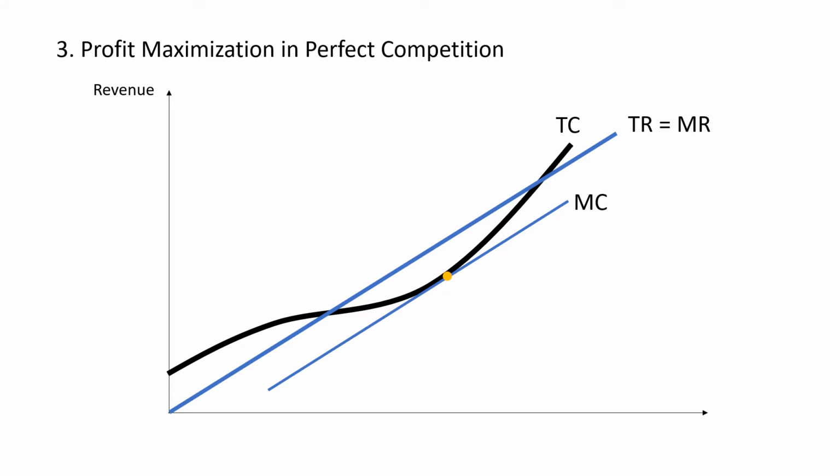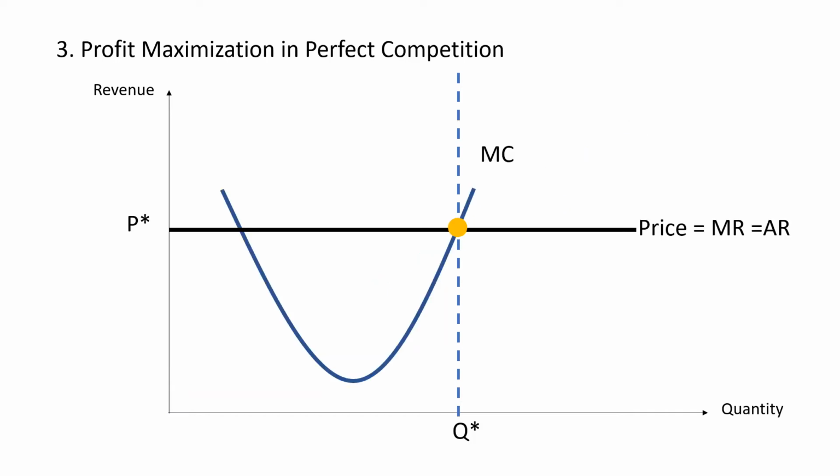Thanks to Isaac Newton, who invented calculus. Here we find where the MC is equal to the MR, or the slope of TC equals the slope of TR. At that point, you will find the maximized profit. The gap between the total revenue and total cost will be highest, or will be largest. And at this point, you will see at the yellow point, MC equals MR,